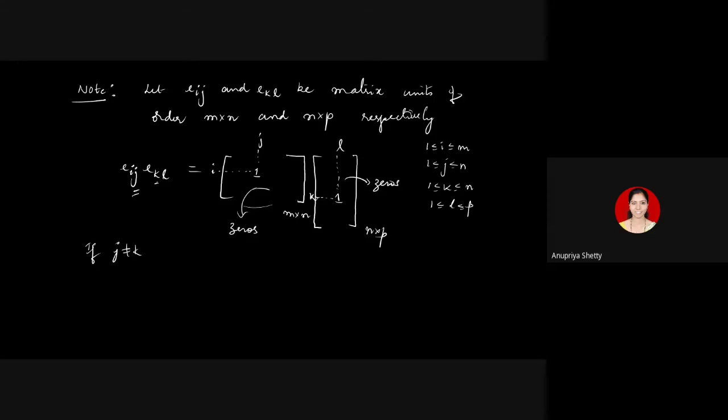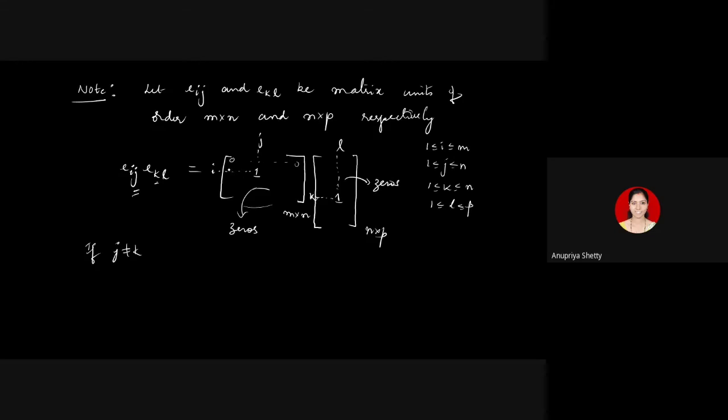What will be the first row of this product? Look at the first row. Suppose I is not equal to 1. See, here in the ith row there is 1 present. Suppose I is different from 1. Then in the first row you will have only zeros, right? When that 0 row is multiplied with each of the columns, I'll get a 0 row itself. So if the first row has only zeros, in the product matrix also I'll get a row of zeros in the first row. If the second row here is 0, when I multiply that second row with each of the columns, what I get is the second row of the product, and it will also have only zeros, because all the entries of the second row are zeros.